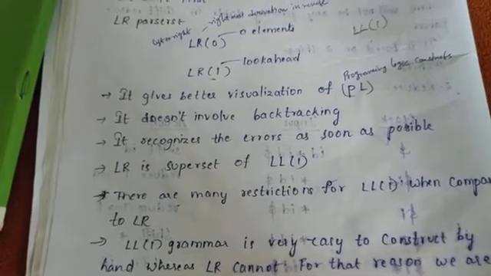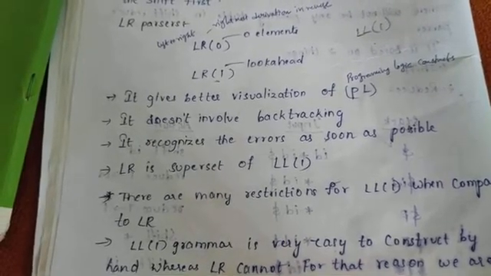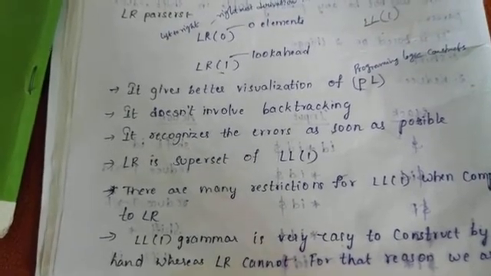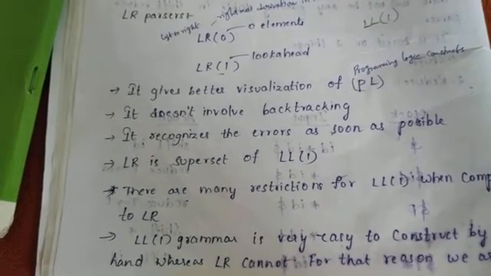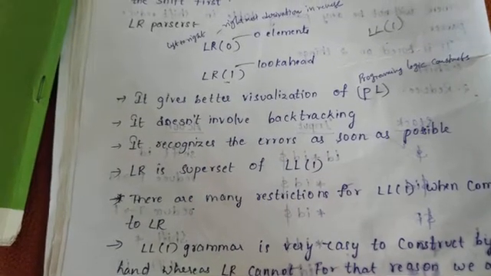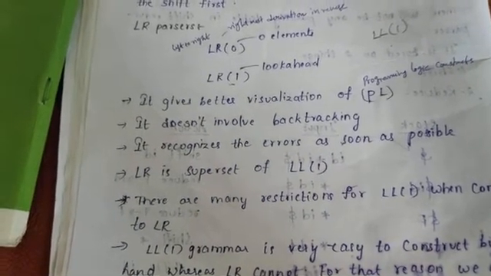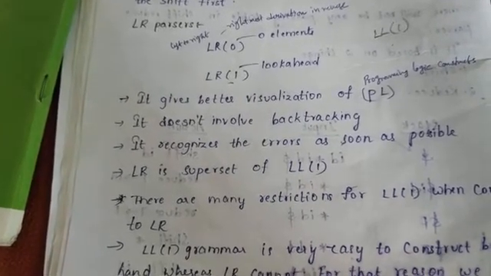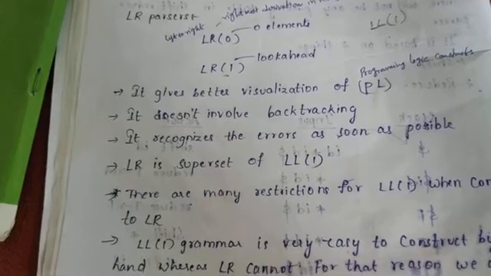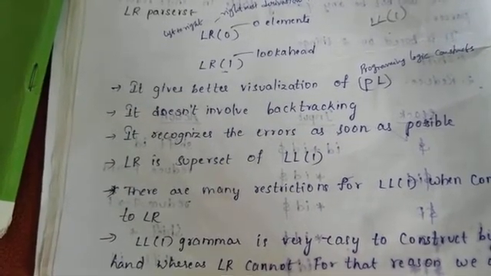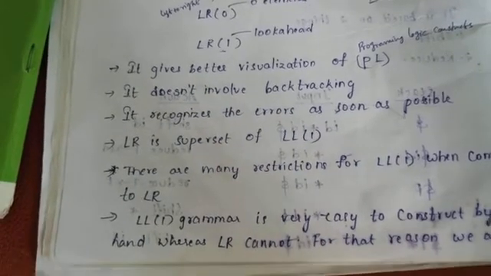That means bottom up parsing is better than top down parsing. The second important point is that it does not involve backtracking. In the top down approach, backtracking is also one of the concepts. Because of backtracking, the loop can go into an infinite loop, which causes more problems. For that reason, here it does not involve backtracking. That is also one of the advantages of these LR parsers.